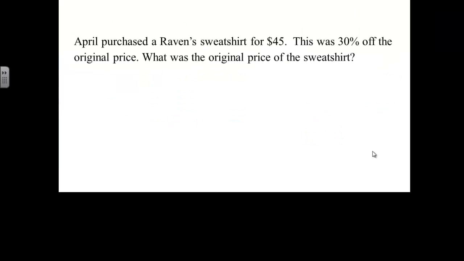April purchased a Raven sweatshirt for $45. This was 30% off the original price. What was the original price of the sweatshirt? For a problem like this, I need to understand how sales and sales percentages work. If it was 30% off the original price, that means 70% was actually paid, because 30 plus 70 is 100. And we know what the new price is, so we're going to use that to figure out what is the